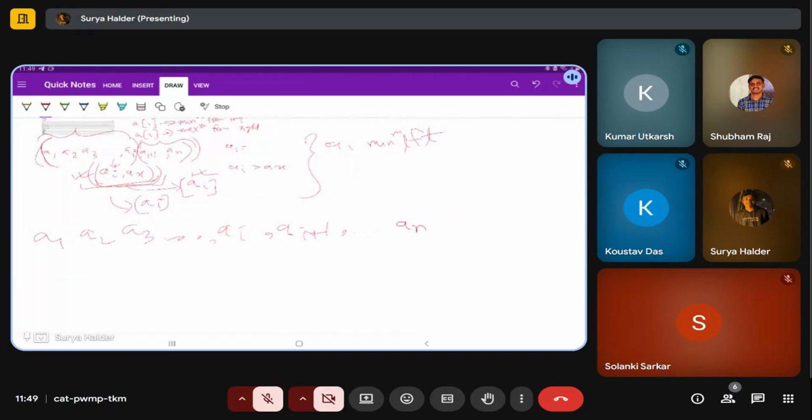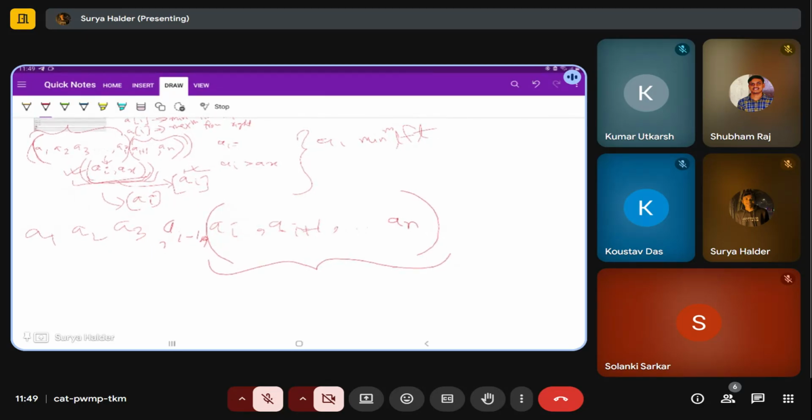Suppose a of I is the maximum element, and over here a of I minus 1. So a of I is the maximum element from the right. So this entire subarray I will take and I will be replacing with the maximum element from right. That is a of I,